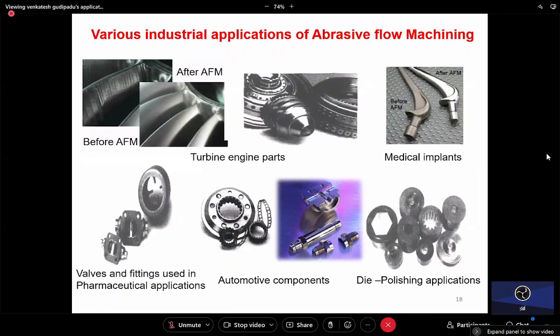The various applications of this abrasive flow machining, we can use in turbine engine parts, medical implants. So this is one of the important applications. So medical implants, there are some surface implants and there are some subsurface implants on a human body, right? So knee replacement, kneecap replacement, etc. So they generally use titanium alloys, right? So we need high-end finishing of these implants when you are injecting into your human body, right? In that aspect, this finishing is very important. Medical implant finishing, die polishing applications,